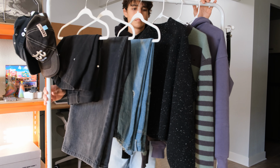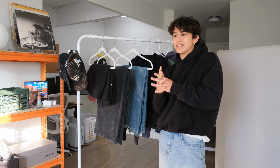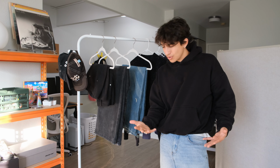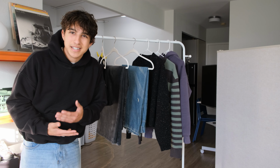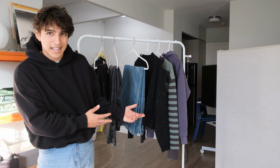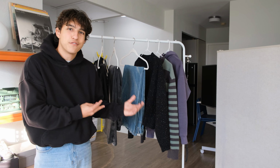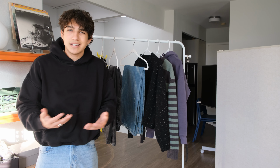Everything that I have right here is what I would consider to be my 2023 fall winter style. This is the stuff in my wardrobe that I would say I resonate with the most. I think it's important to track where you are and where you're trying to go. If you are trying to go somewhere with your style, find out where you are with the wardrobe that you have right now, so you don't have to keep spending unnecessary money